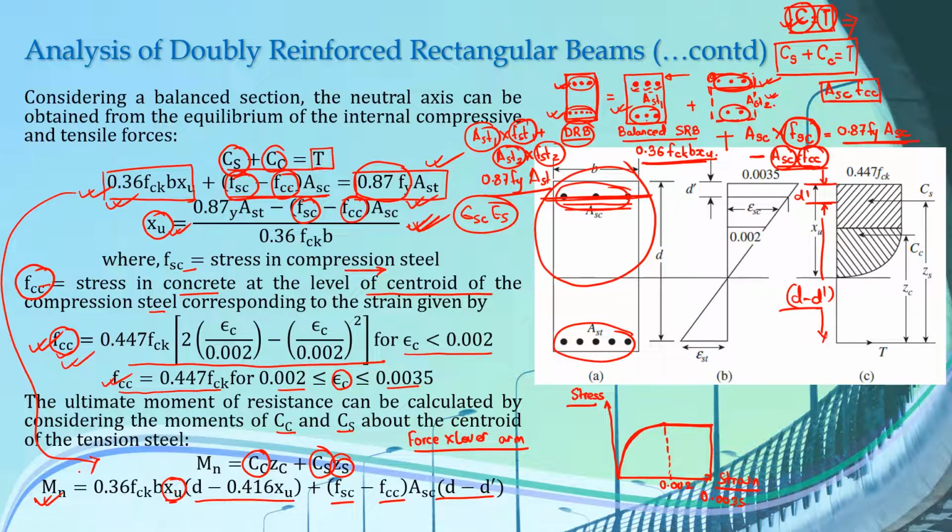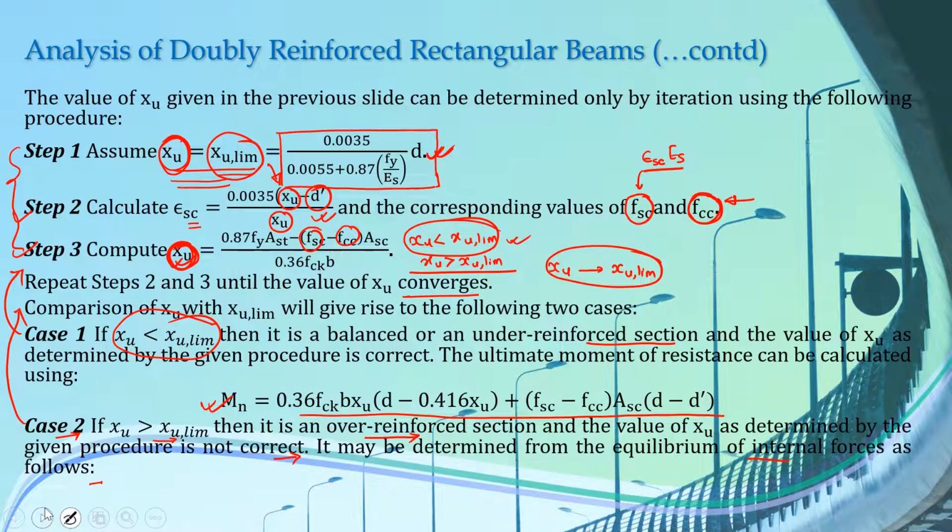and then we use that to get the value of the moment resisting capacity or nominal moment capacity of our doubly reinforced beams, and that is given by this formula as we discussed here. And to use this formula we have to determine the depth of our neutral axis XU. First we will determine XU using a certain method here, and we will compare that XU value with the limiting value of XU. If the determined value of neutral axis depth comes out to be less than the limiting value of neutral axis depth, then it will be an under-reinforced section, and we use this formula here to calculate